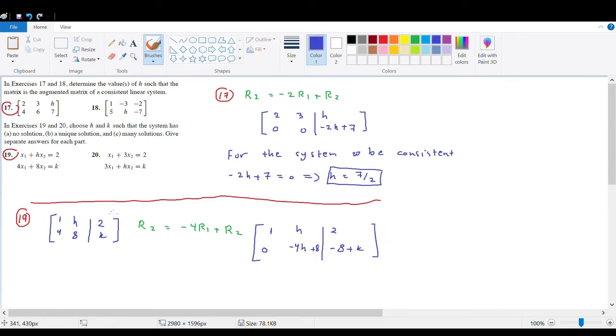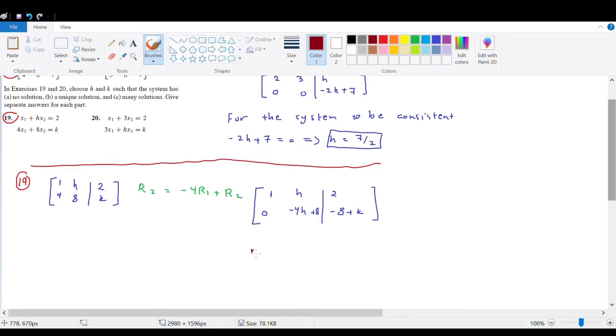Sorry, this system has no solution if minus 4h plus 8 is equal to 0 and minus 8 plus k is non-zero. So first case,